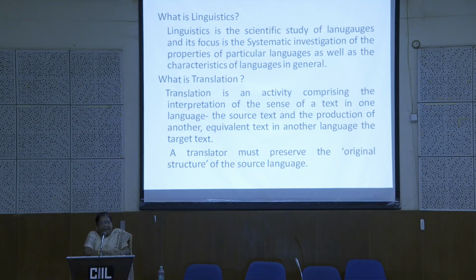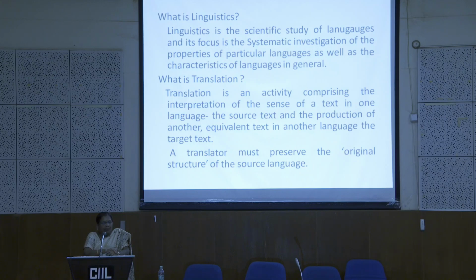Why do we need that type of translation? Is it necessary to translate the content in the same language? Yes, it is. Because are you able to read Shakespeare in English? No, it is not possible. For that you have to rewrite it.